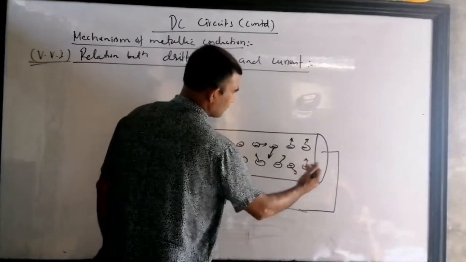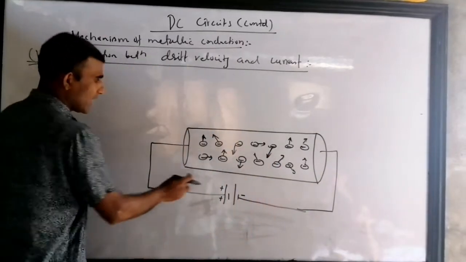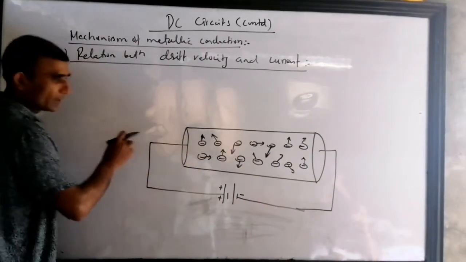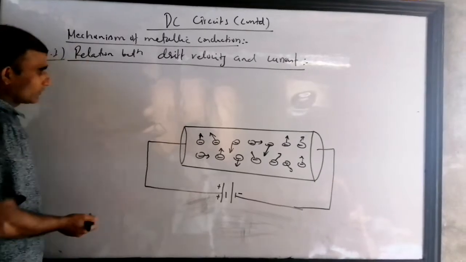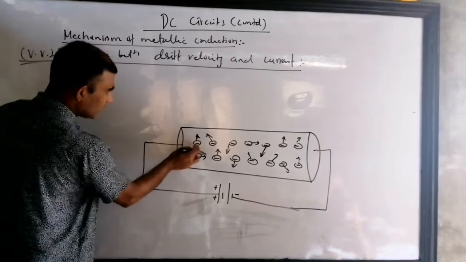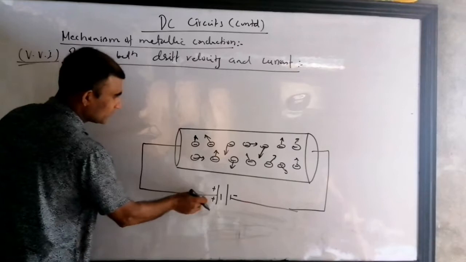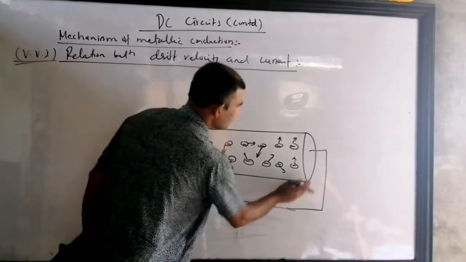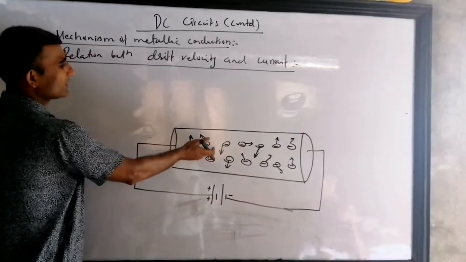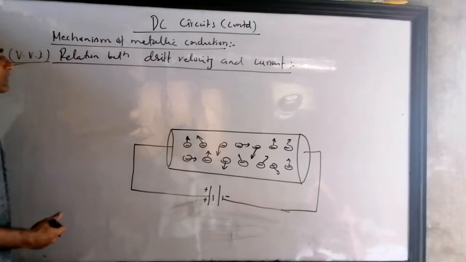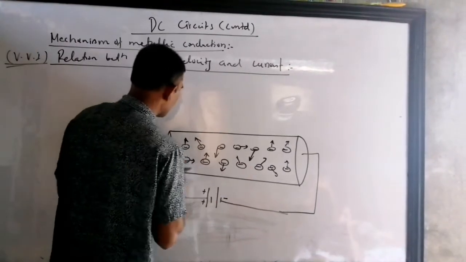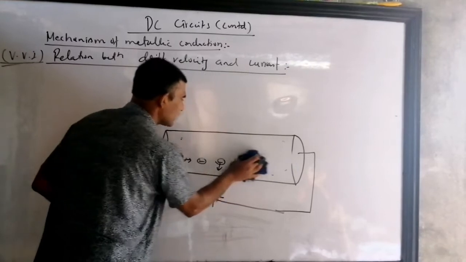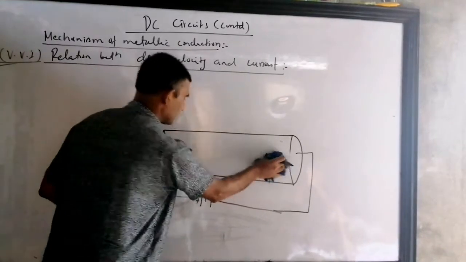So from this side someone is pushing the electron, go away. And on this side someone is calling the electron, oh come, where are you? And so all these electrons try to go toward the positive, with someone pushing and someone pulling. It becomes very easy for electrons to move. And so all electrons are now not moving in random directions, they get a particular direction of movement.